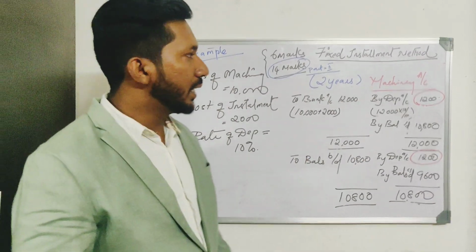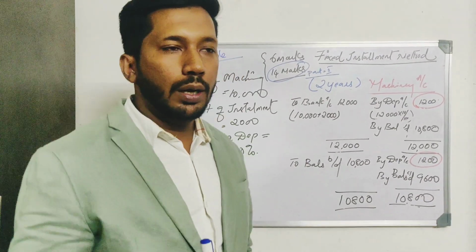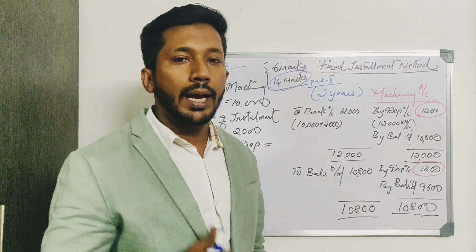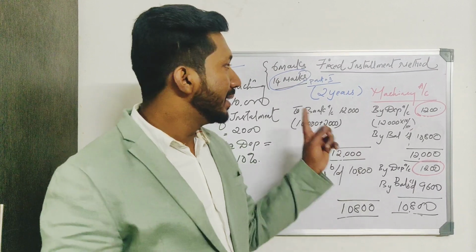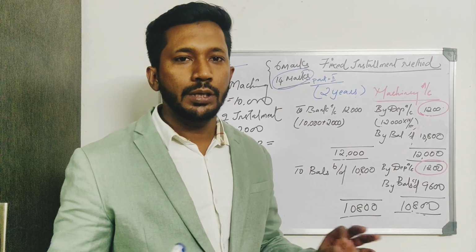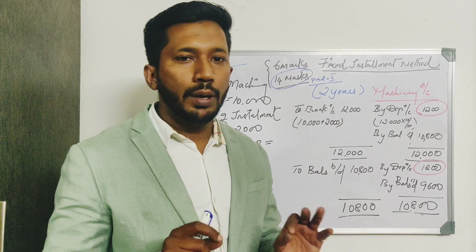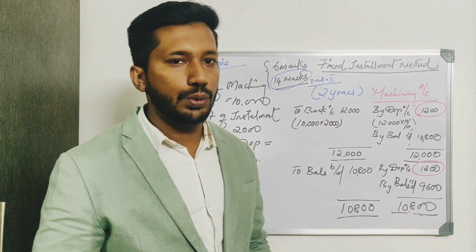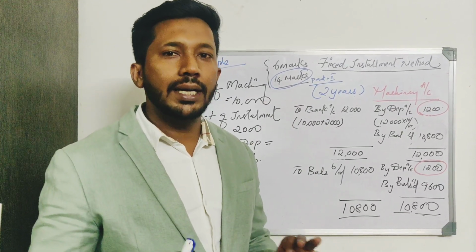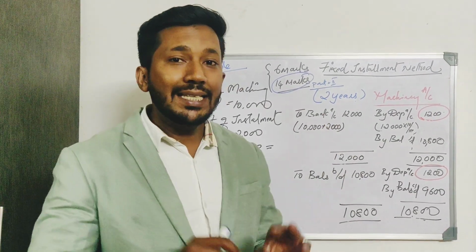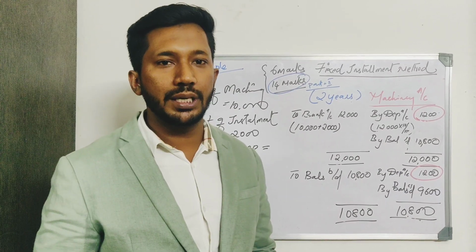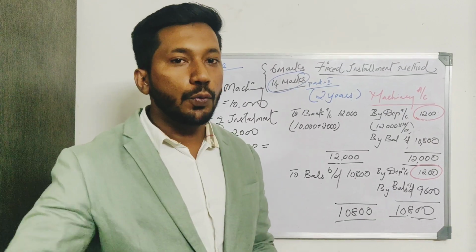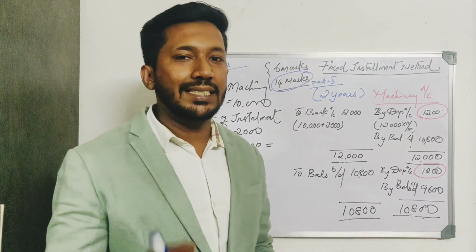So the fixed installment method can fetch you, sometimes they will ask you for 6 marks, and sometimes they'll ask you for 14 marks. For 6 marks, very simple problems. They will just tell you to prepare a machinery account, or maybe computer account, or any XYZ asset account. So if they ask you so, then it is for 6 marks. And if there is any sales made, if there are more adjustments in between, then that time it will fetch you 14 marks. So 14 marks we will carry in the next session.